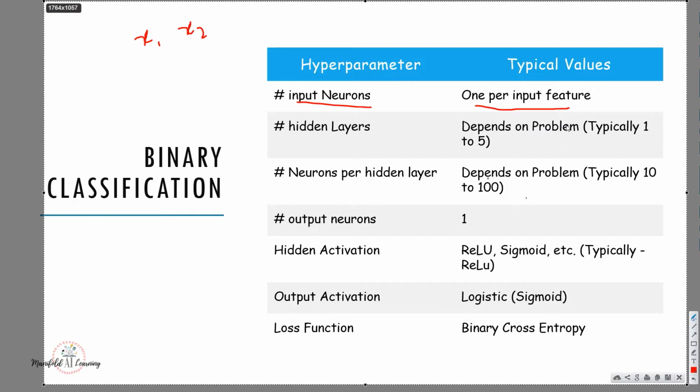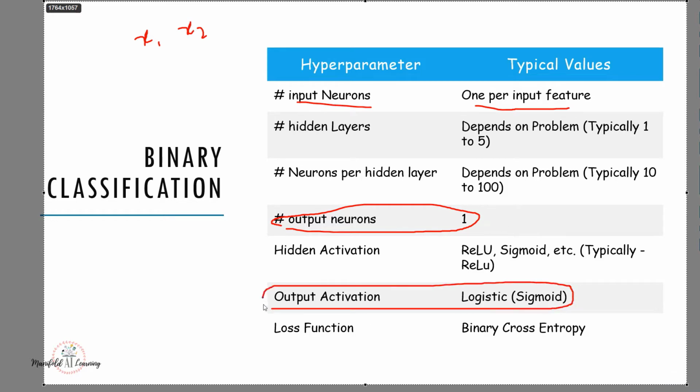And coming to the hidden layers, typically it depends on the problem, guys. It would range from 1 to 5. And the number of neurons in each hidden layer will actually depend on the problem itself. It would be ranging between 10 to 100. And this is important. If I'm performing the task of binary classification, in my output layer, I'll have one output neuron. And the activation function that I'll be having in my output layer is sigmoid activation function, because I want to have the output in the range of 0 to 1, and then I can use this range of values and convert into the binary values, that is 0 or 1.